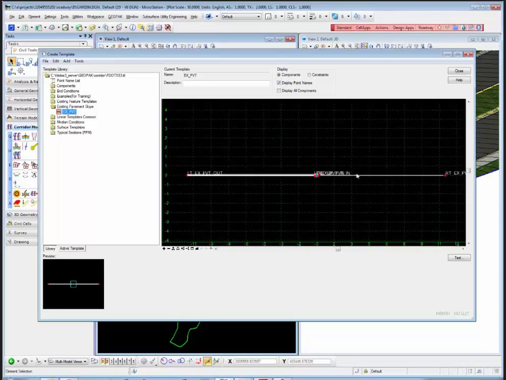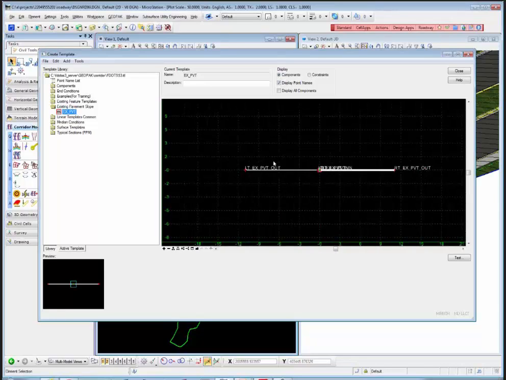And this template has a 2-lane evaluation, but it'd be awfully easy to extend it by just copying it onto itself and adding additional lanes. It's really just replicating the same component out to other lanes. So that's all we have for really existing slope analysis. We had a lot of sophisticated analysis components out there that we removed from the SS3 ITL, mainly because it was hard for people to learn it, and it just wasn't being utilized that often. But this one I think will do most everything that you need to do on evaluating the existing pavement slopes